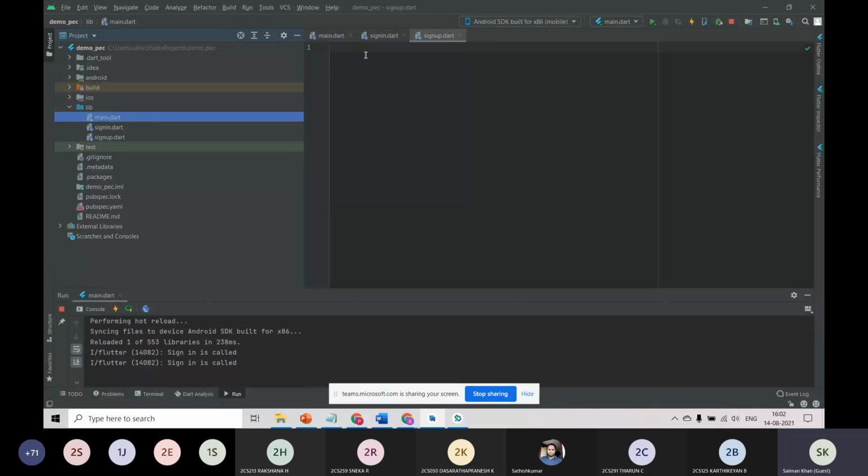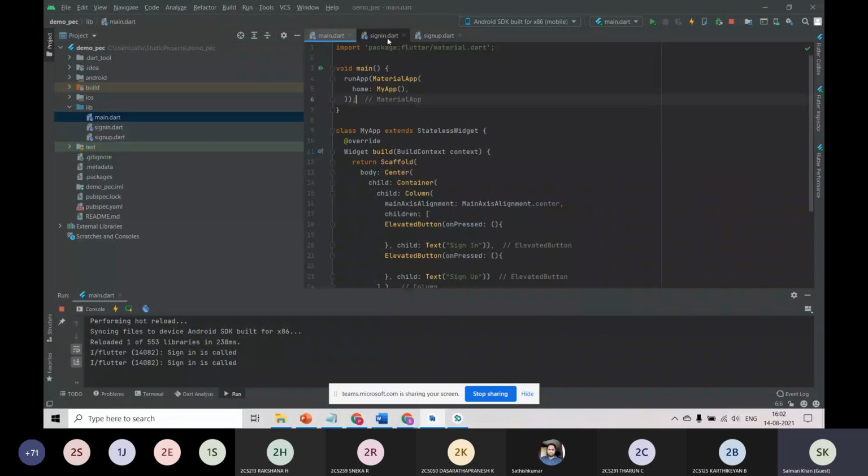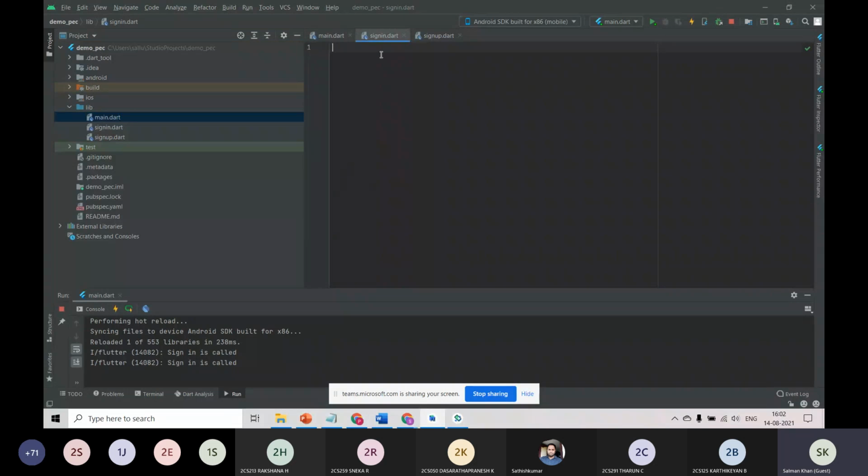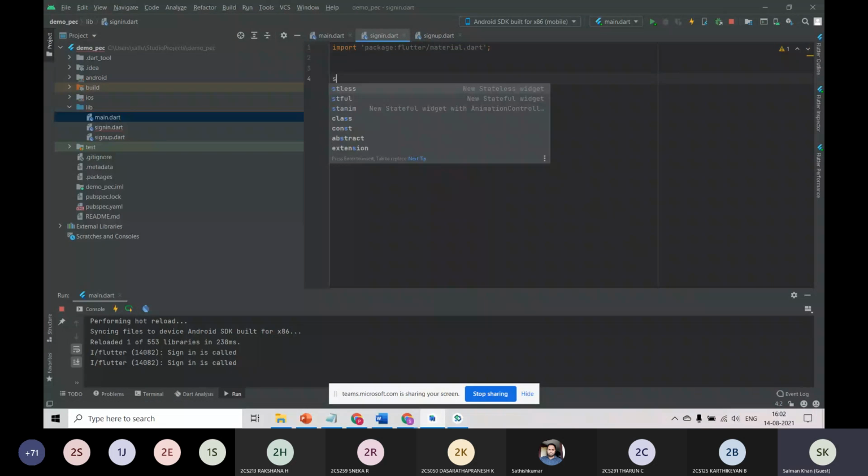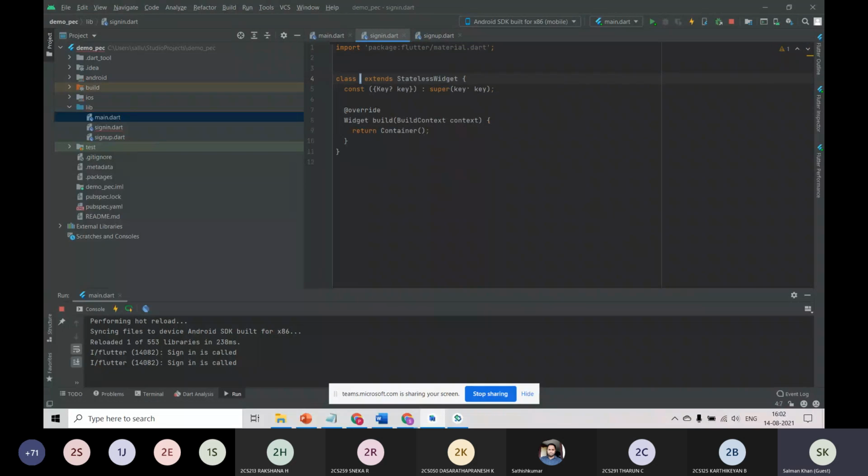And here what we will be doing is, as I said before, this type of thing won't change. It is like a basic thing of Flutter, and we will just use a stateless widget here because we don't have anything changing here. And what can we name it as? We can name it as login page.